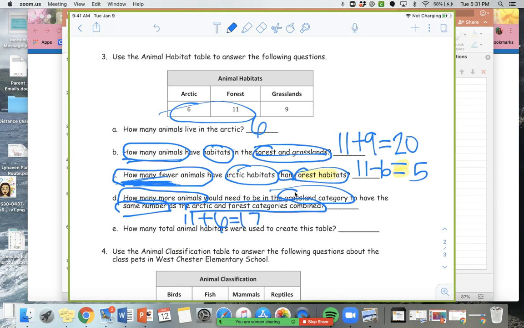Then I need to see how many more. 9 plus blank equals 17. This is find the missing part. You had the hole in one of the parts, so you're trying to solve the other part. So I need to go 9, 10, 11, 12, 13, 14, 15, 16, 17, which is,